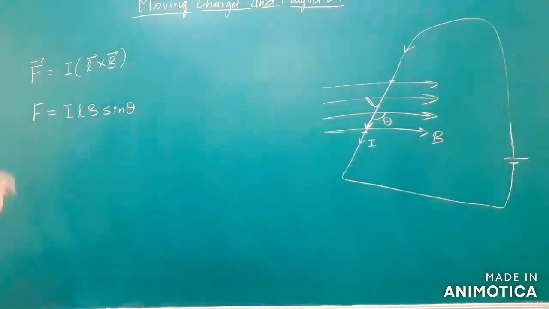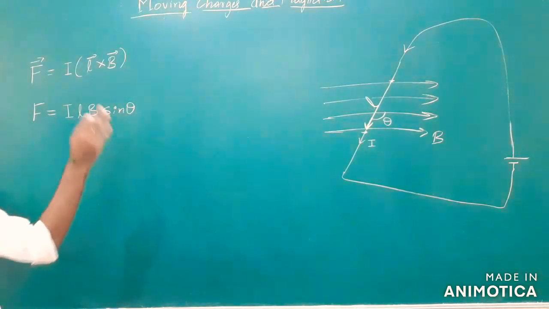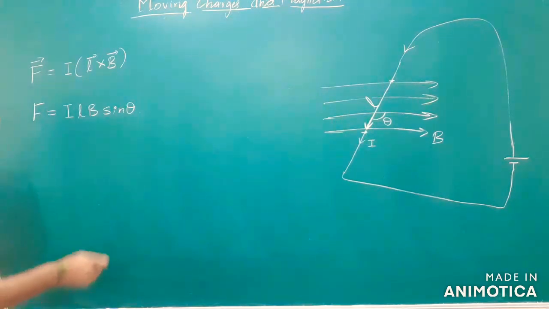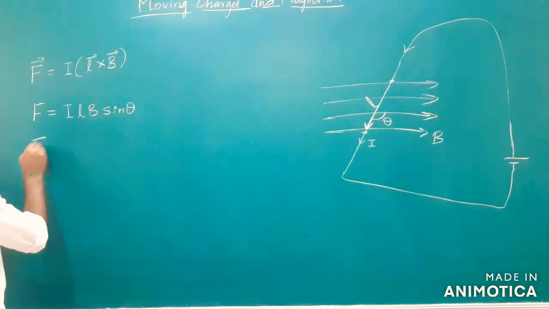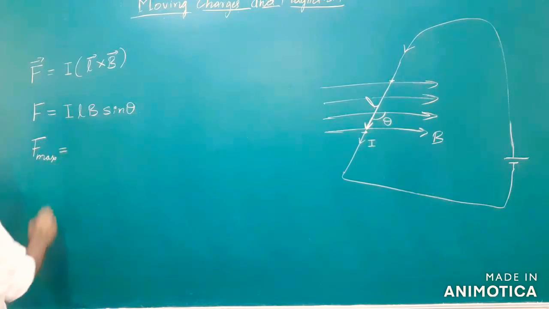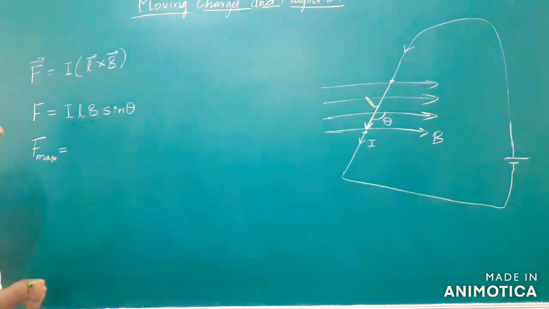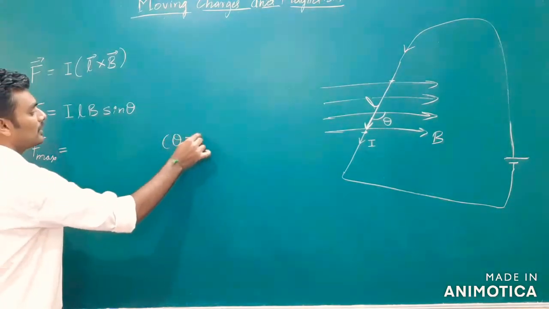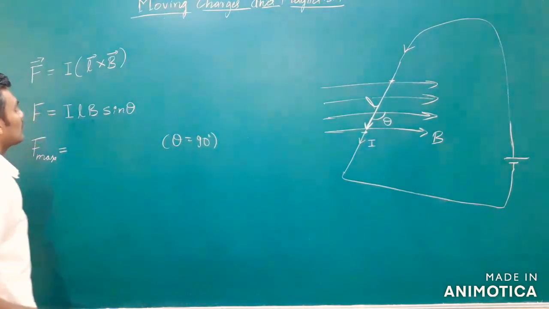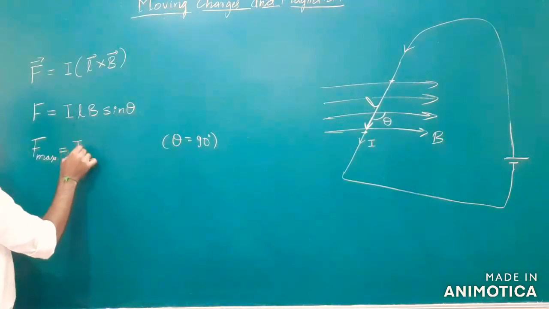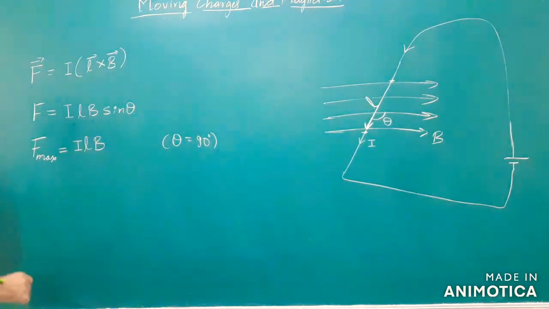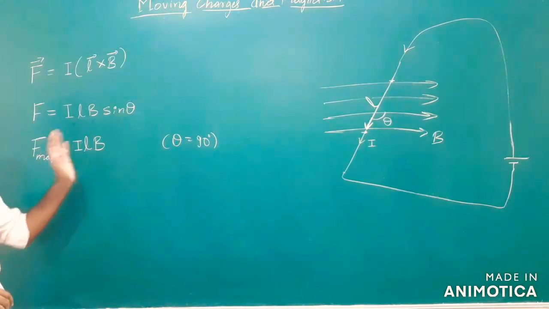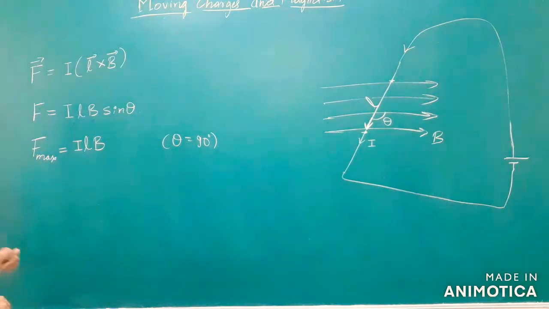Now, special cases of the formula. When is the force experienced by a current carrying conductor due to the external field maximum? F max. Very easy. I, L, B we do not change, it is only the matter of theta. What should theta be equal to? Theta should be 90 degree, right? When theta is equal to 90 degree, the force on the conductor is maximum, which is equal to ILB, right? Similar to qvB. Remember that, right?